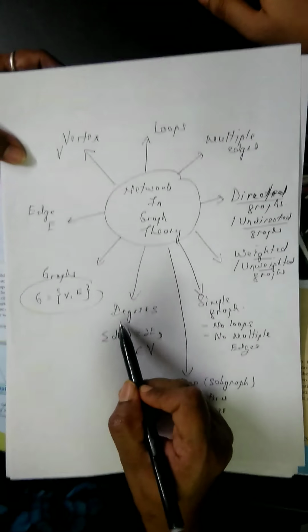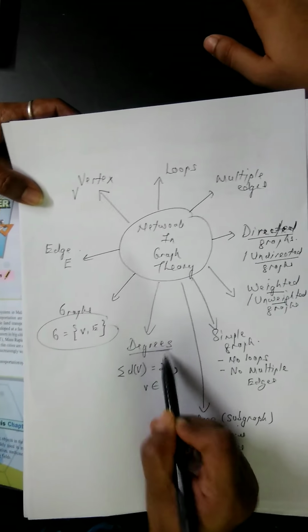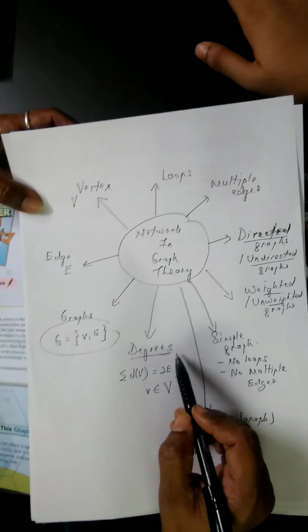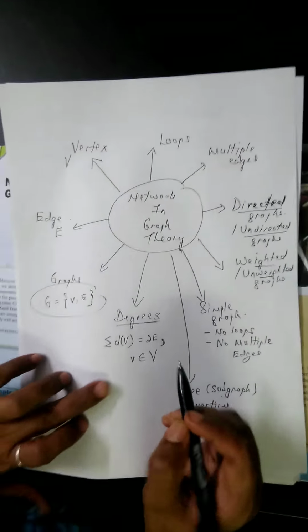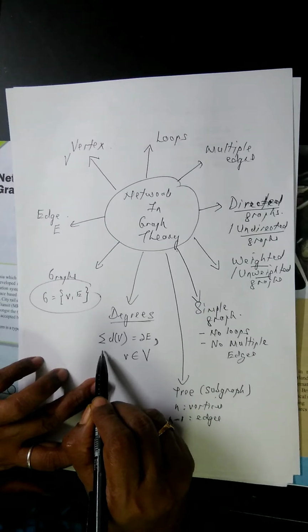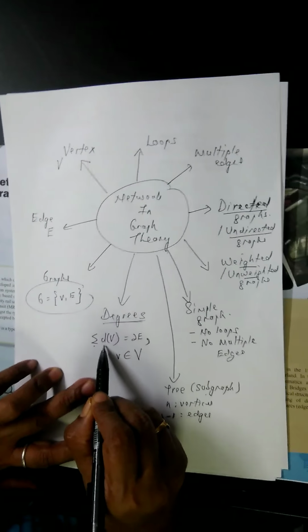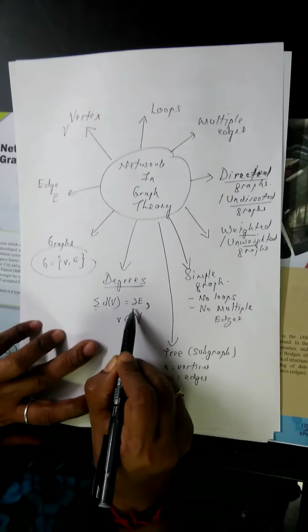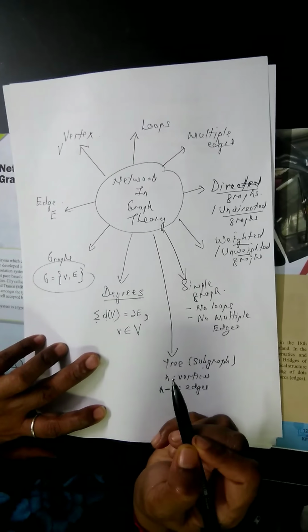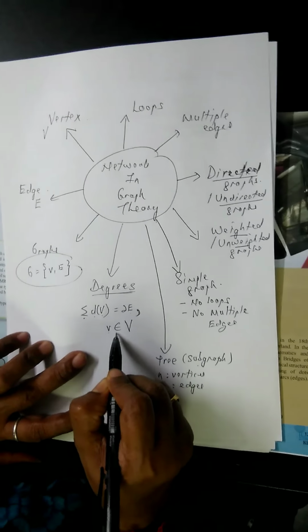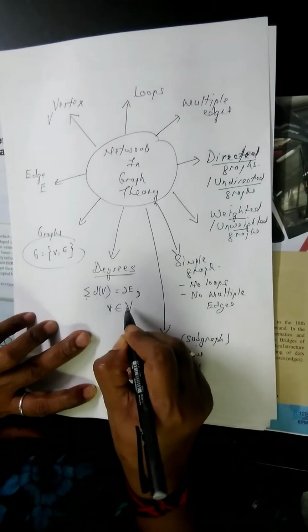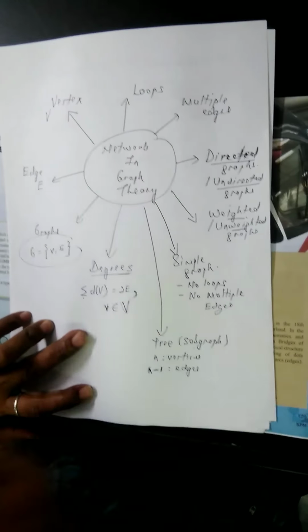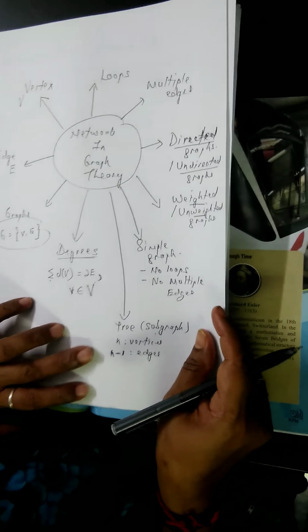Then you have degrees. Degrees will be the edges at the respective vertices. Now, this is a formula that you get from your textbook: the summation of the degree of each vertex equals 2 times the number of edges. Here, little v is an element of the set V, the set of vertices. Next is